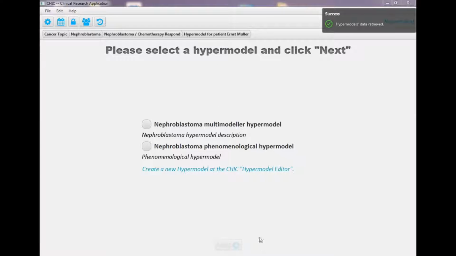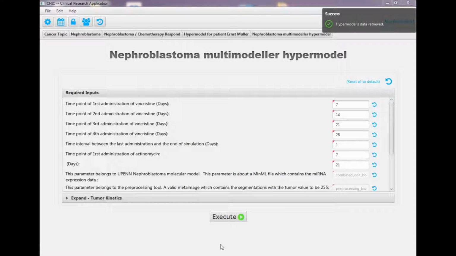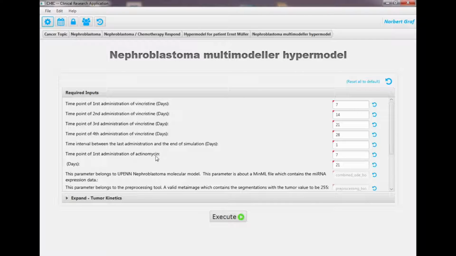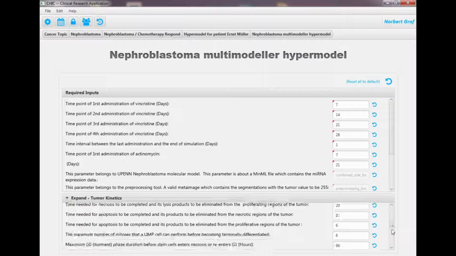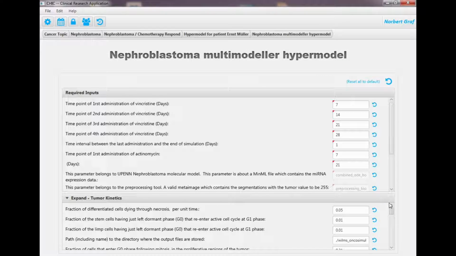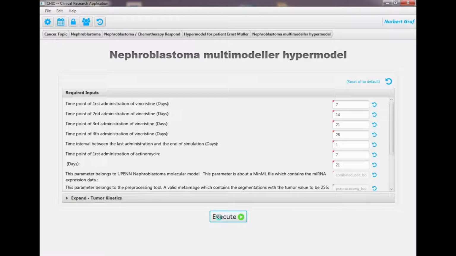shown. If we select these data, we can select between the nephroblastoma multimodular hypermodel or the nephroblastoma phenomenological hypermodel. Selecting the multimodular hypermodel, we will see all the data that we are able to give into the system, like the date of chemotherapy, or you see the tumor kinetic data, which are created by the different hypermodels which form the hypermodel. If all the data are correct, we can execute the model, and then after executing the model,